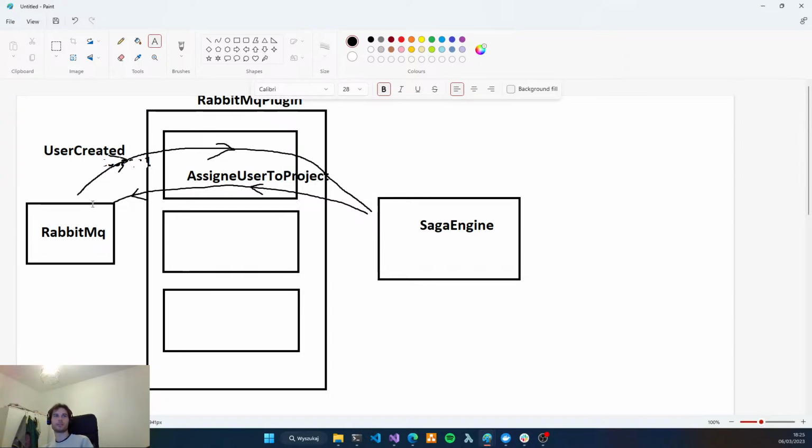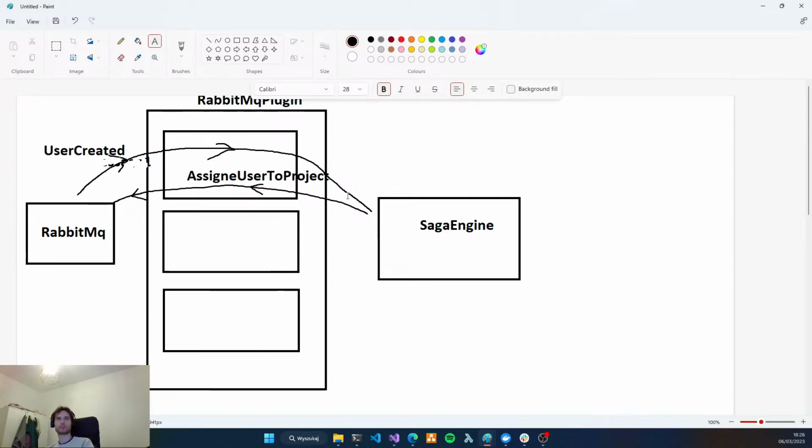So I think we can say that for our RabbitMQ plugin, for our SAGA system, this will be like one step, one transaction, one unit, because this basically is just one unit of work.